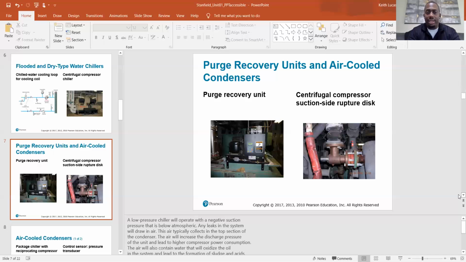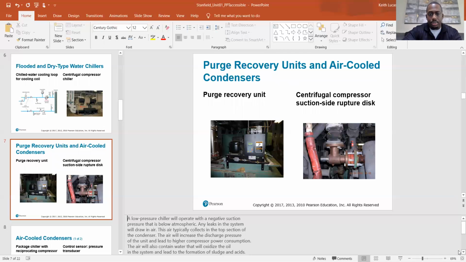Purge recovery units and air-cooled condensers. A low-pressure chiller will operate with a negative suction pressure that is below atmospheric. Any leaks in the system will draw air into the system. This air typically collects in the top section of the condenser. The air will increase the discharge pressure of the unit and lead to higher compressor power consumption. The air will also contain water that will oxidize